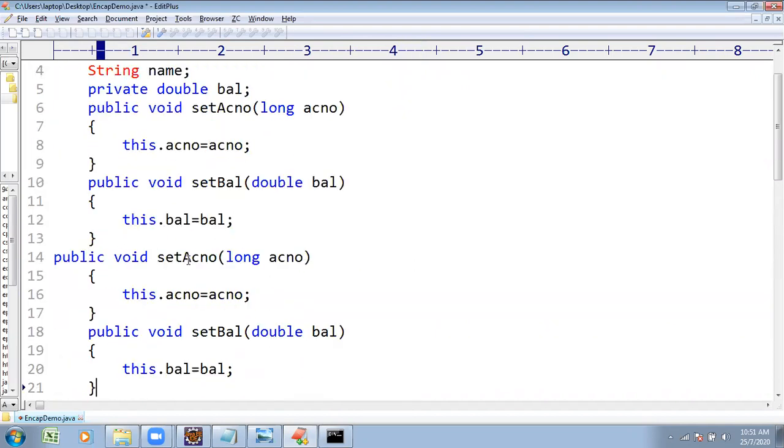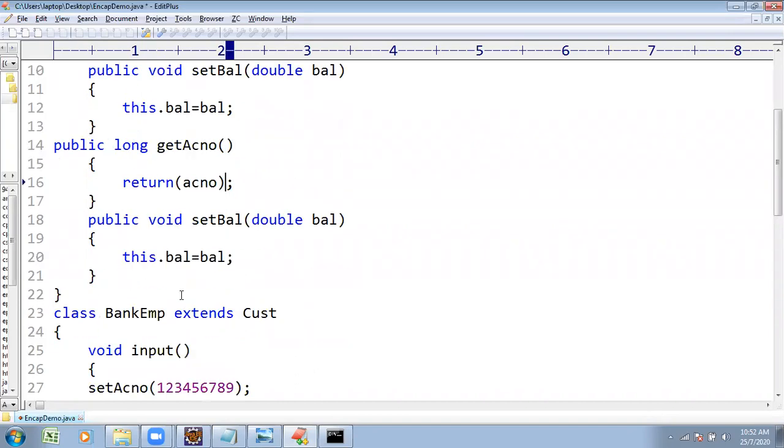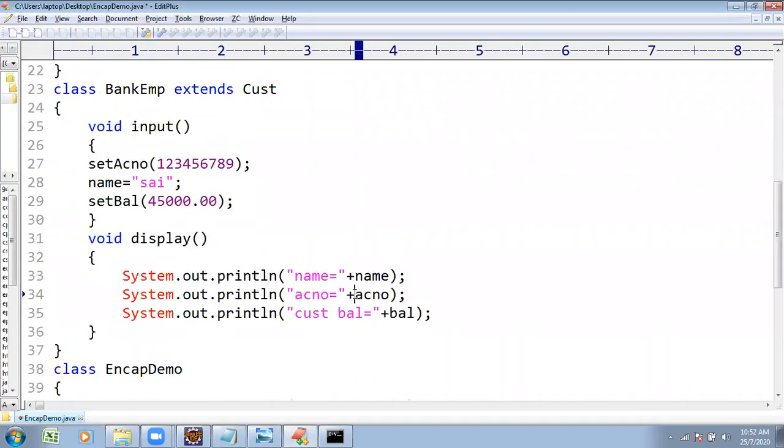Now I'm changing it to public get account number for retrieving purpose. But here account number is a long type. Here it is not a parameterized method. Here I mentioned the return type. What is mandatory? The return statement is mandatory. Return of account number. When you do the return of account number, execution starts. You are going to call the get account number method.